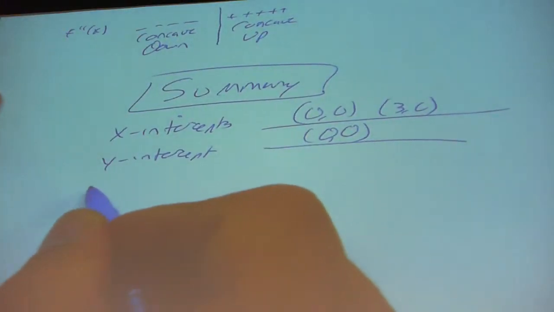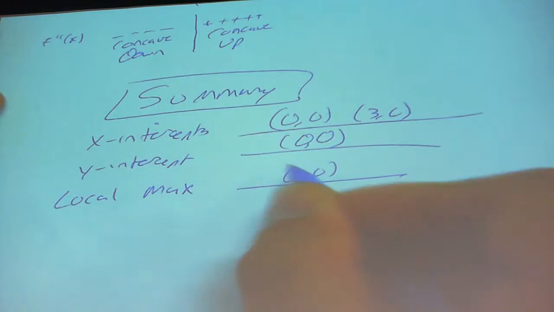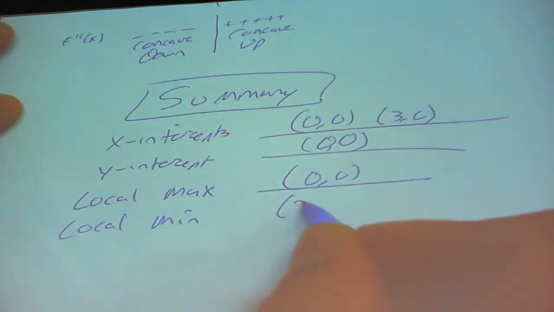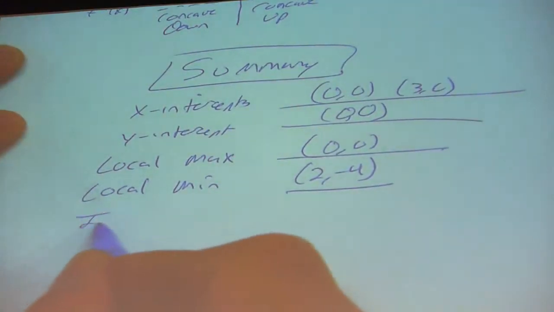We found that we have a local max at (0, 0). We found that we have a local min at (2, -4). And we found we have an inflection point